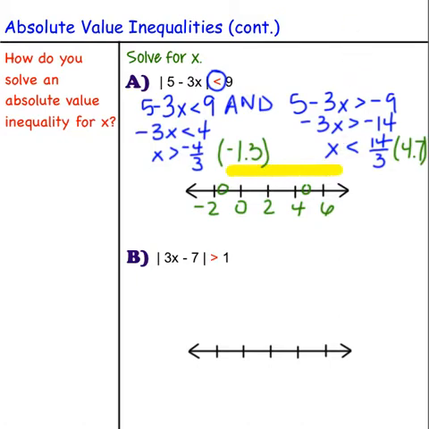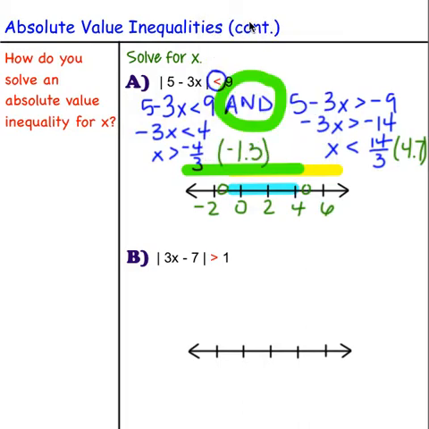And we have x less than 14/3, which goes this way. And because it is this and, we are going to end up shading in between because we know it's an and statement. Looking at this next one, let's go ahead and take a look at this, and we see here,